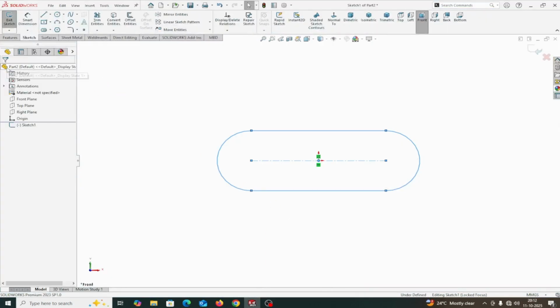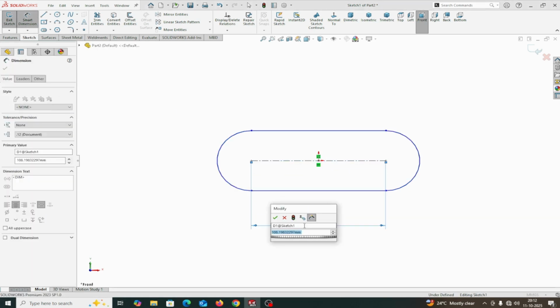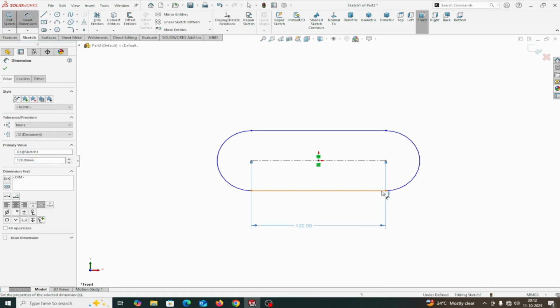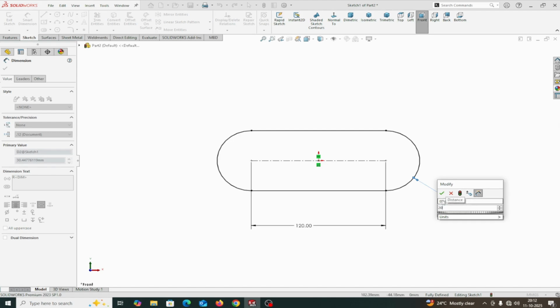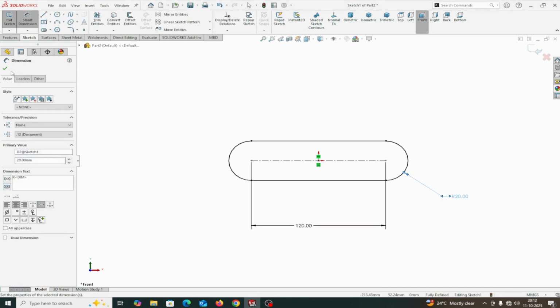And this dimension I am taking, suppose 120 mm. Okay. And this dimension I am taking 20 mm only. Okay. Now,